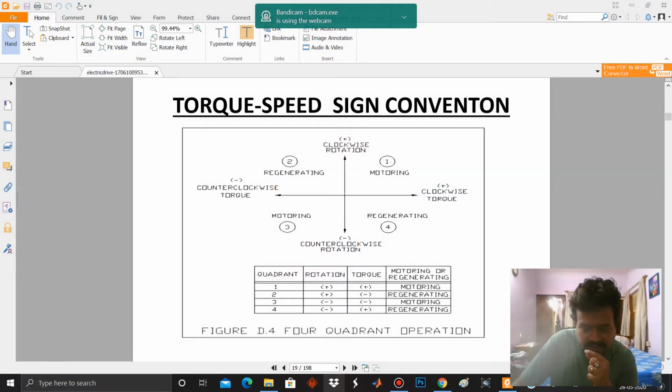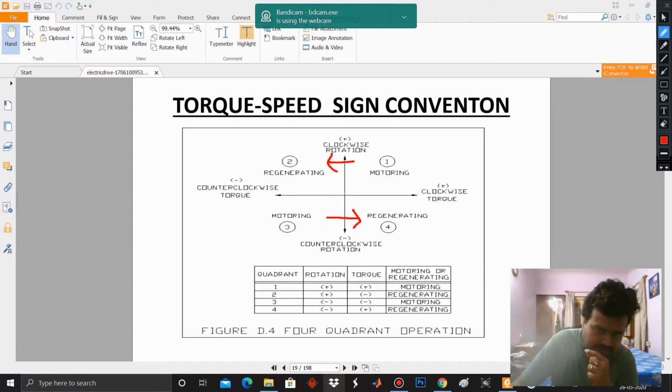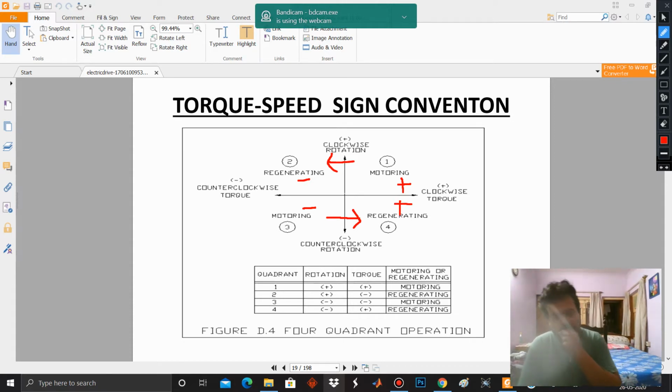There, I will just cleanly draw it again. There is a reversal of force as you migrate from the first to the second quadrant, and there is a reversal of force while you are migrating from the third quadrant to the fourth quadrant. So from here to here the force becomes positive to negative. From the third to the fourth it is from negative to positive. So a negative force is applied on the motor. The motor is getting a reverse force.